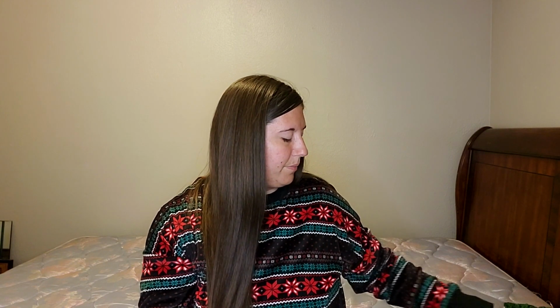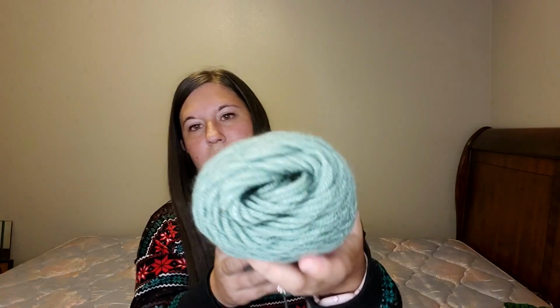But I would need a smaller yarn, I think, because that's a little bit big for what I would like on an ornament on a tree. So these next ones, they're one of the last ones I made, but that's fine because it's in this order. I used Red Heart Super Saver color Light Sage,